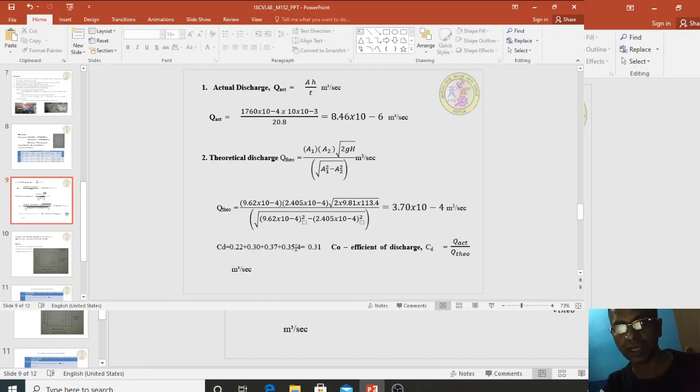But in practice we are not always opening the valve 100%, or we may open the valve 25%, depending on our requirement. Therefore, the coefficient of discharge we have to calculate for average condition, from 100% opening to the lowest percent opening. That's the reason we did it at 25% opening of the regulating valve, 50% opening, 75% opening, and 100% opening. Therefore, for each case we have to take the average of CD values. So the 4 readings divided by 4, you will get 0.31.